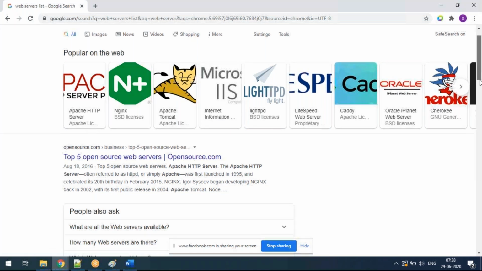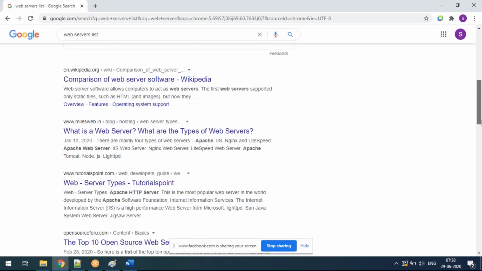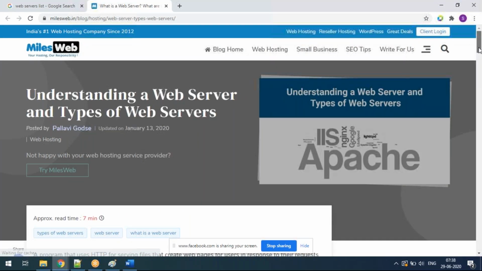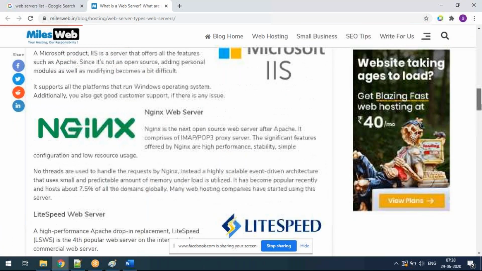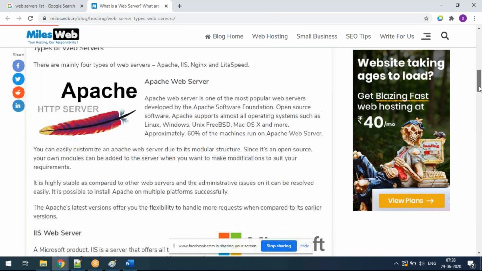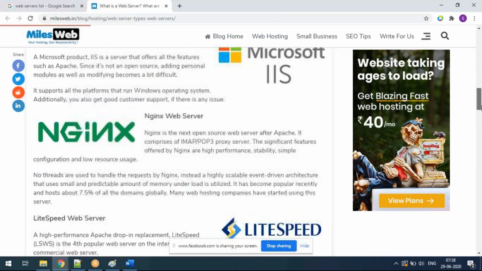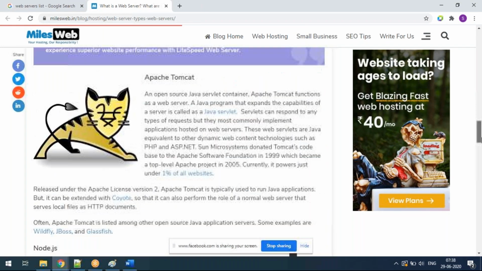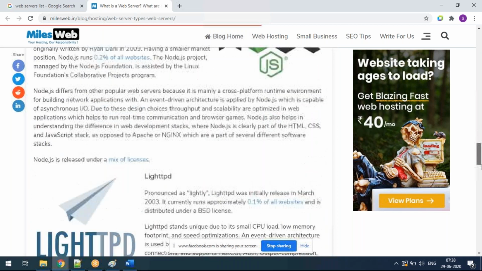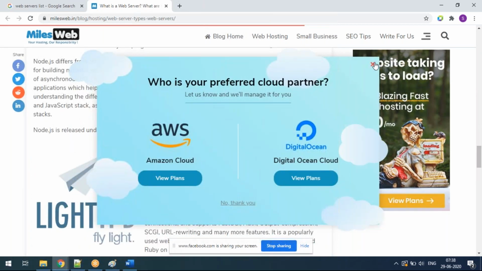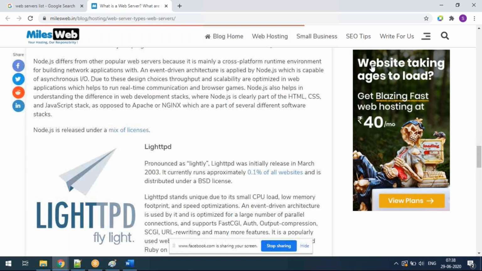I just told you it is one of the examples, that's all. It is not that we will always use Apache Tomcat. No, I did not say like that. Different types: Apache HTTP Server, Microsoft IIS, Nginx, LiteSpeed, Apache Tomcat, Node.js. Like this, you have n number of web servers.